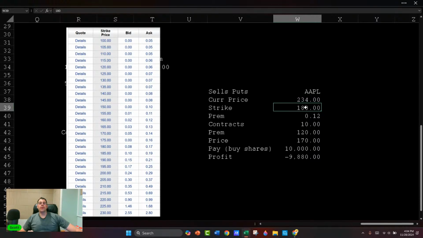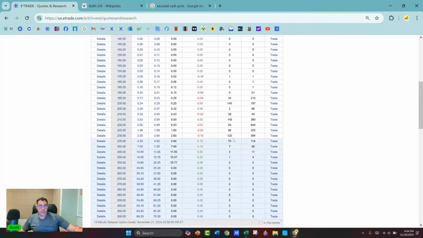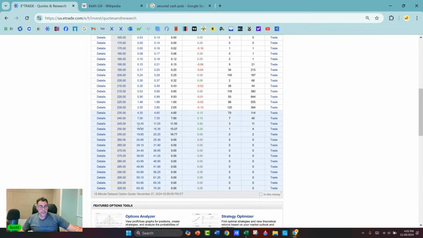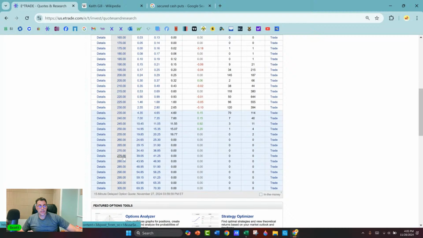But if it does get close to 180, it's going to be expensive to buy back those options. And if it definitely falls below 180, then you have to pay a lot, because once it's in the money, you could see like 275, like once it gets in the money, then it gets pretty expensive to buy it back. And the deeper in the money,